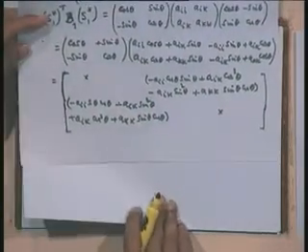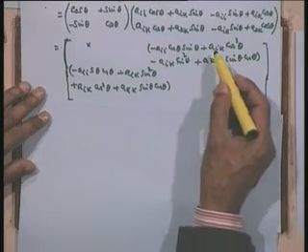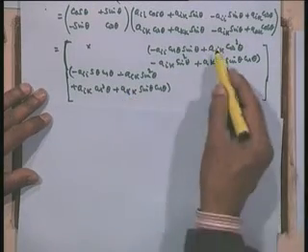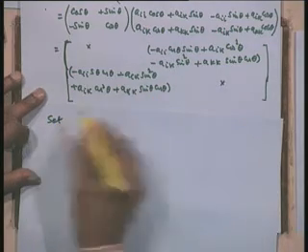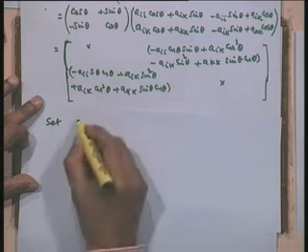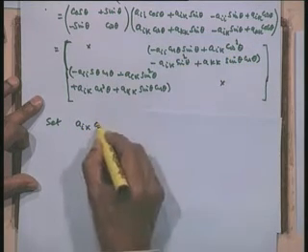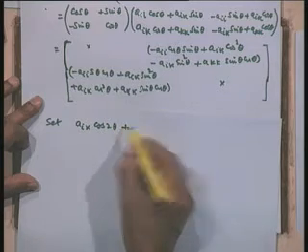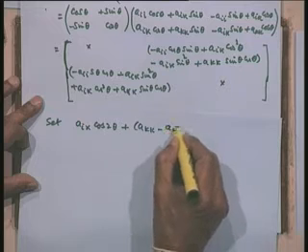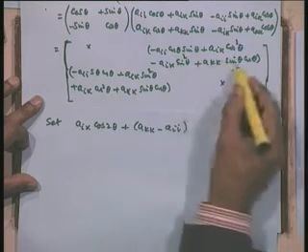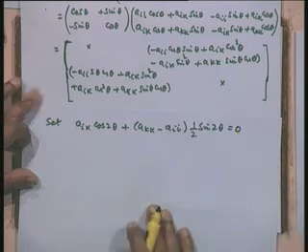Now, the problem therefore is that I want to determine the theta such that we get 0 in the locations ik and ki. Therefore, I will set this as 0 and determine theta. So, let us simplify this. a_ik, this is cos square theta minus sin square theta, that is cosine of 2 theta, plus these two combine, a_kk minus a_ii, sin theta cos theta. Therefore, I will write it as half of sin 2 theta is equal to 0.